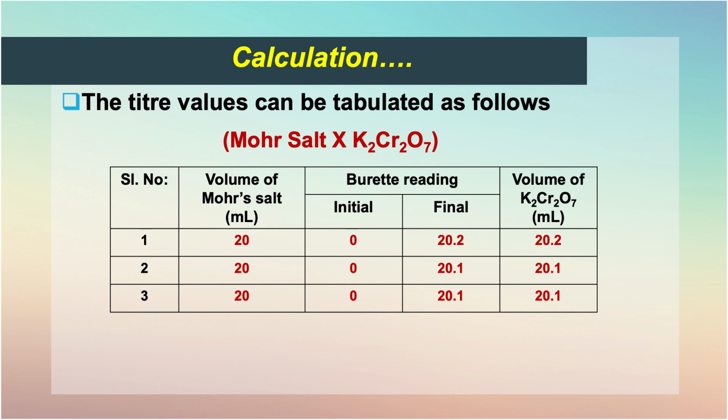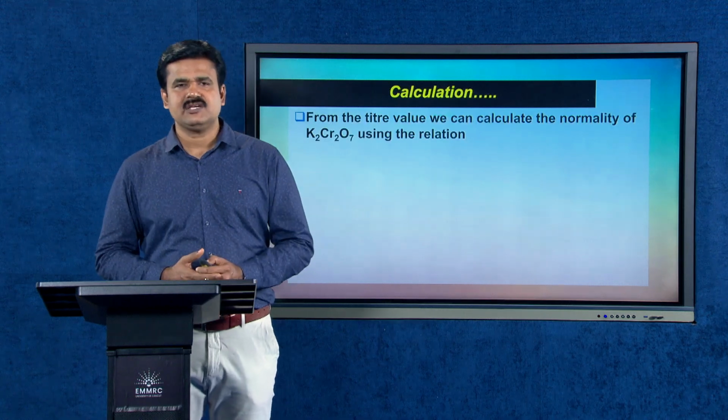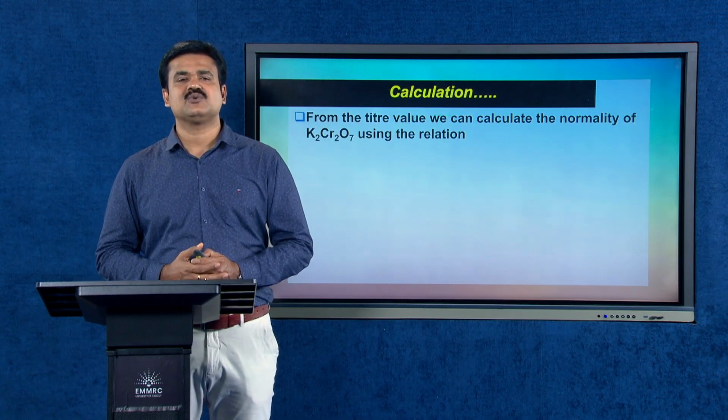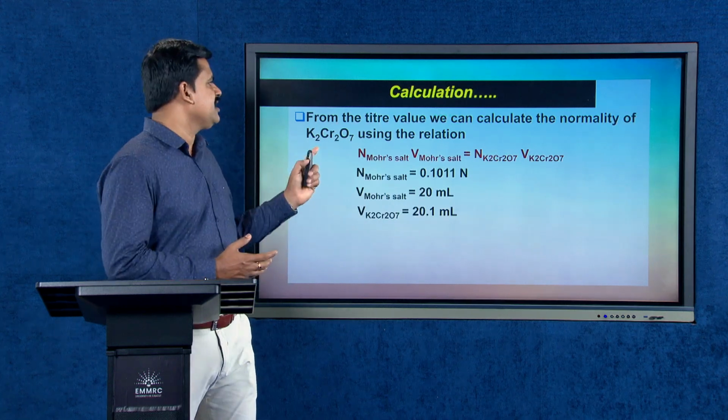So, you got a concordant value of the titration, that is nothing but the volume of potassium dichromate, which is taken as 20.1. We can continue the calculation. From the titer value, we can calculate the normality of K2Cr2O7 by using the relation